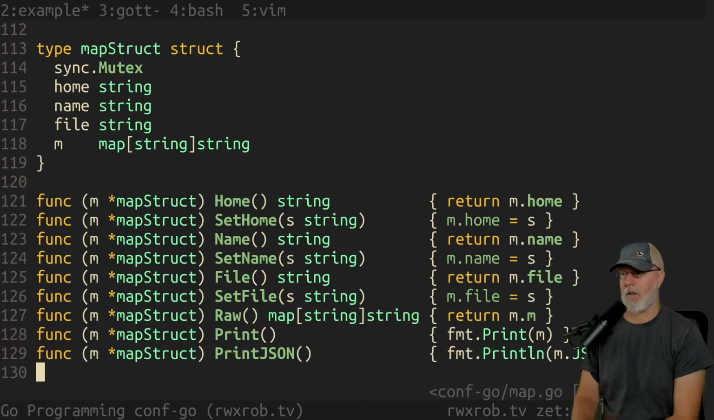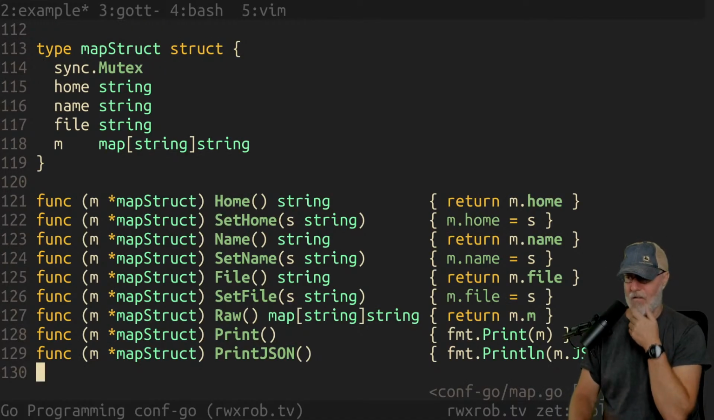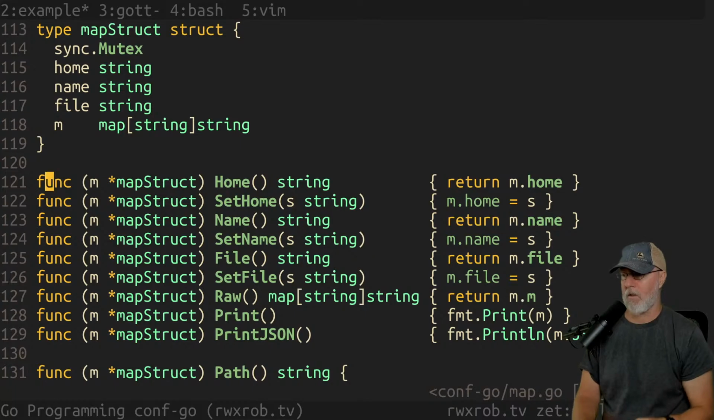All right, back to coding in Go. I only have a little time, I've only got till about noon or so. So what we do, we reset our